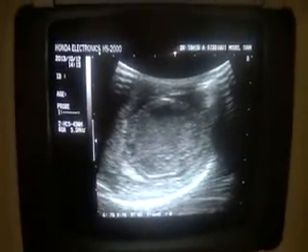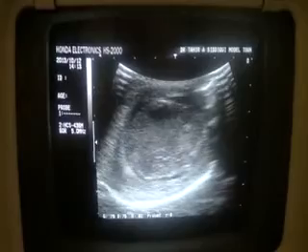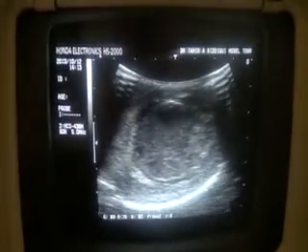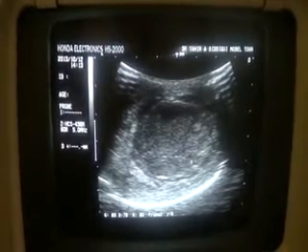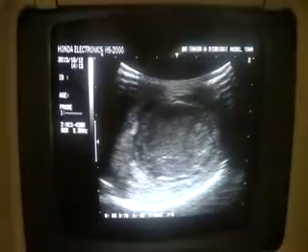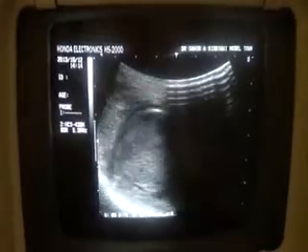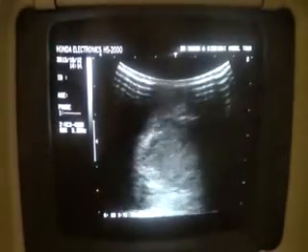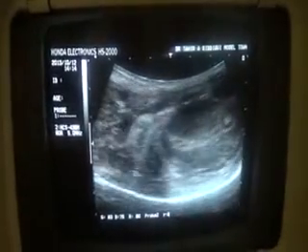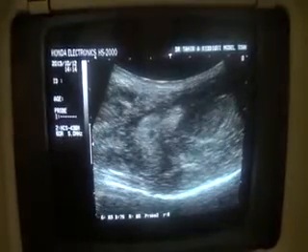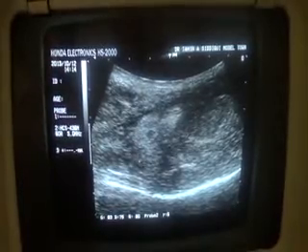There is a row of very tiny calcifications seen. These are a few tiny calcifications. This is the longitudinal view, and in this longitudinal view you now see the epididymis. This area is the epididymis with